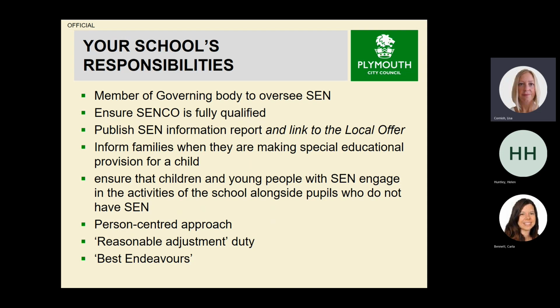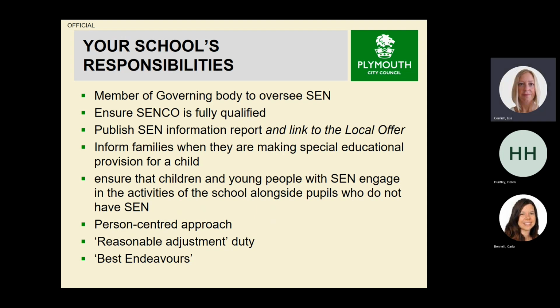Schools must ensure that children and young people with SEN engage in the activities of the school alongside pupils who do not have SEN. That's part of their accessibility duties. I've also popped in there person-centred approach. This is around the Code of Practice again. All principles within the Code of Practice are designed to support participation and co-production of children and families in decision making. That's why I popped that one in.